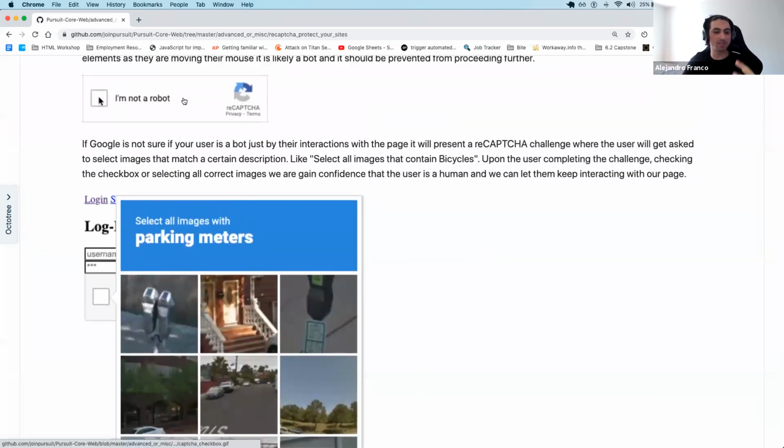Again, I don't know exactly what the reCAPTCHA is looking at on the page, but I heard that they look at stuff like cookies. How many cookies do you have? Do you even have a cookie storage, for example? Because if you don't, that means maybe it's a script running isolated. I don't think they can look at the history. That would feel like a violation of privacy. Or I'm not sure if the browser has APIs to check how big the history is. So there's a lot of, I think the word is heuristics,